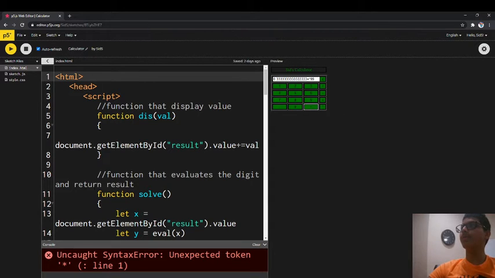And then let's say you do something like this, okay, it says uncaught syntax error, unexpected token, that's what happens if there's an error. 3 minus 9, negative 6.